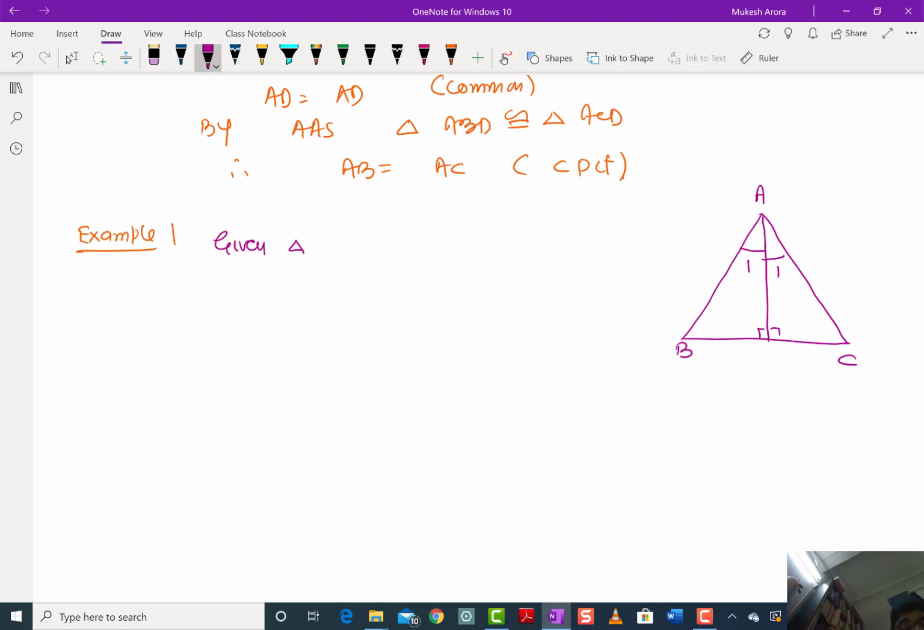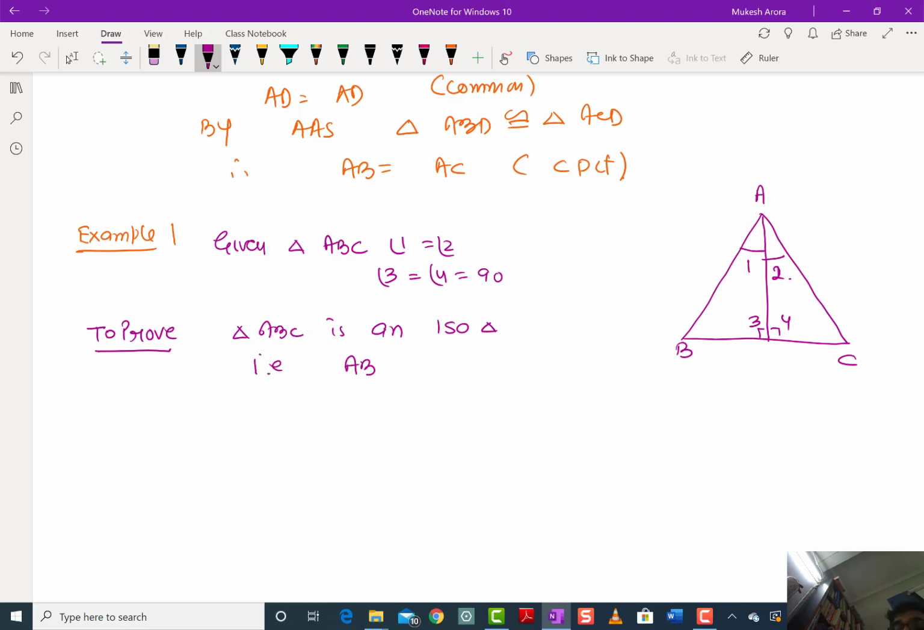Given triangle ABC, where angle 1 is equal to angle 2 and angle 3 is equal to angle 4 is equal to 90 degrees. This is given. Now you have to prove that triangle ABC is an isosceles triangle. That is, you have to prove either AB is equal to AC or angle B is equal to angle C. Proof: